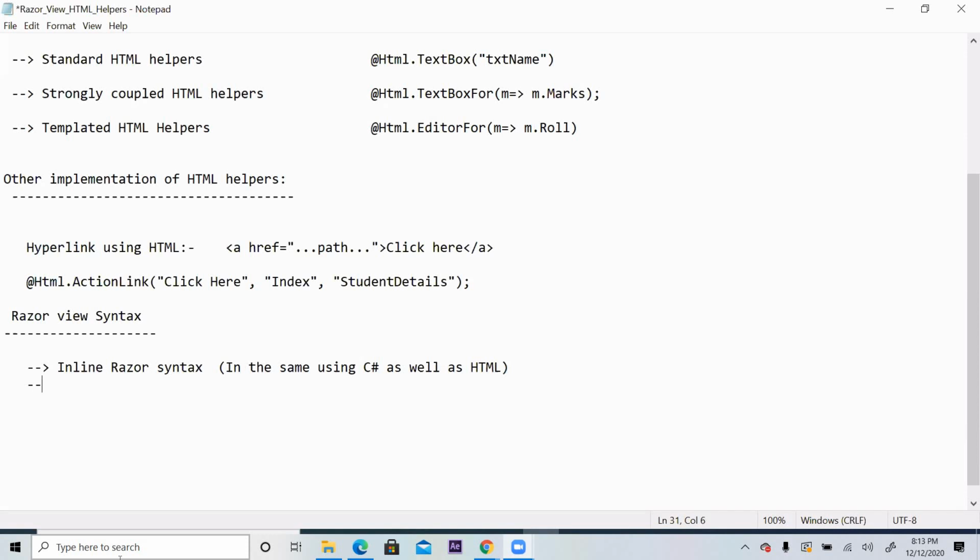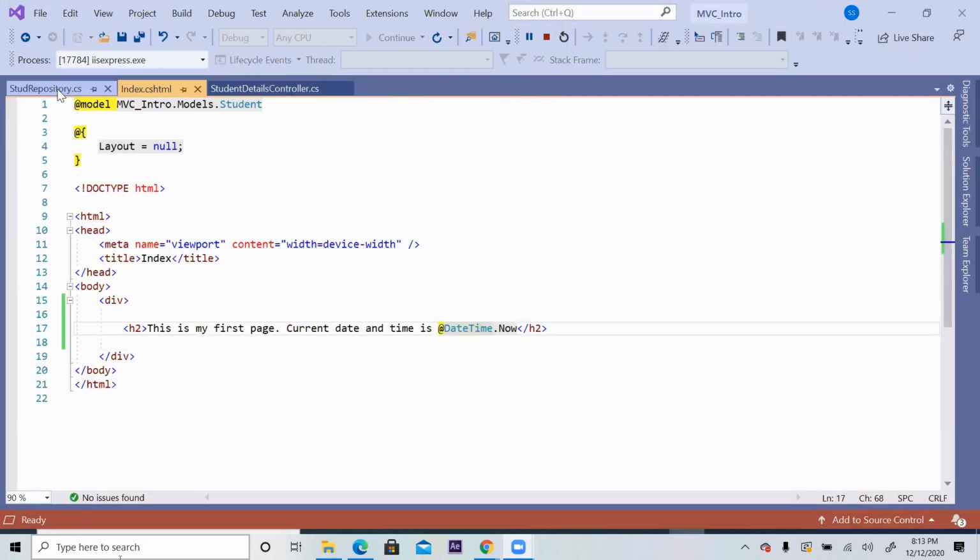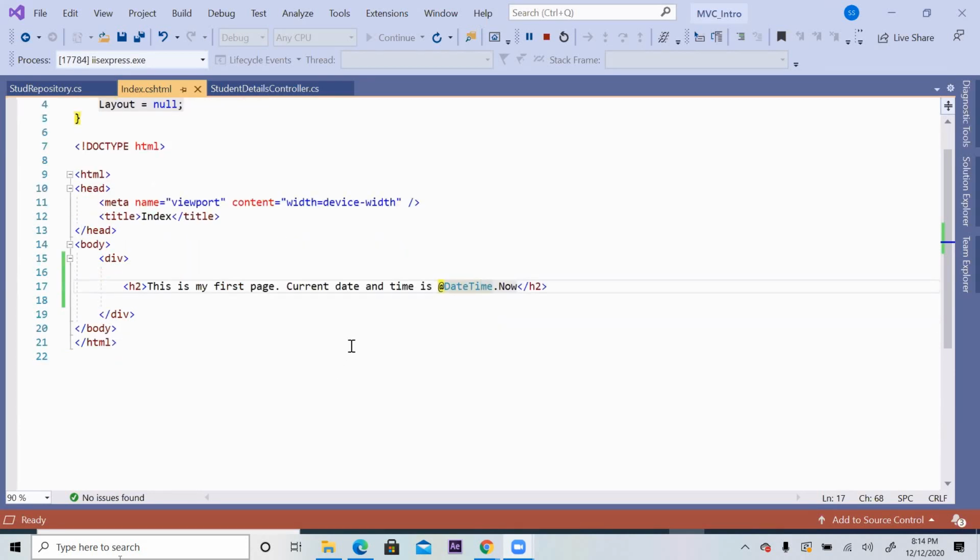Next is how to use a razor block. Razor block means a block of C# coding. So go to the HTML, CSS_HTML. For a block of C# coding, one way is to put @ on every line.